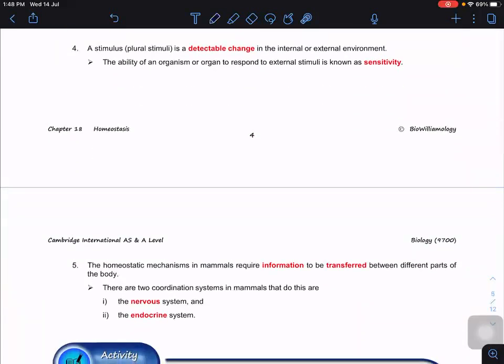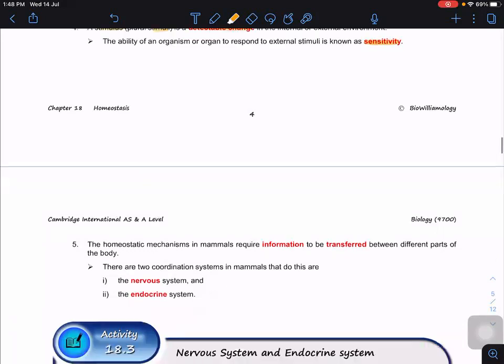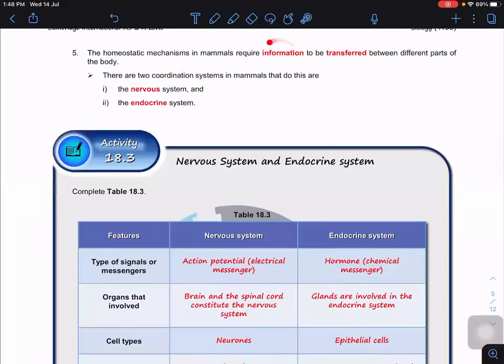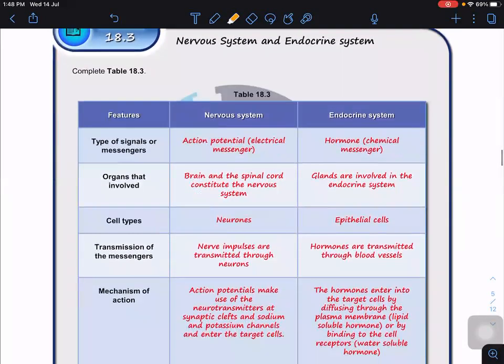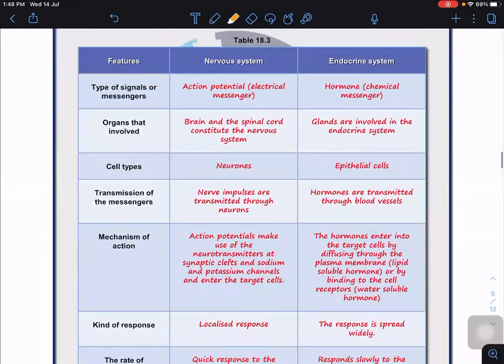So what are stimuli? Stimulus or stimuli are detectable changes in the internal or external environment. The ability of the organism to detect or respond to external stimuli is known as sensitivity. As I said, the transfer of the information requires two systems here, either the nervous system or the endocrine system. A general difference between the nervous system and endocrine system is summarized in this table